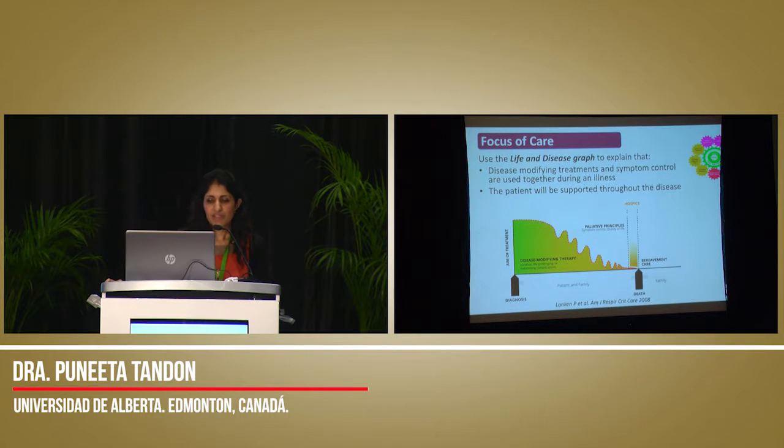We use this graph as well. It's called the life and disease graph, and you can see on the y-axis is the aim of treatment. And it's really a reflection of what's happening in the literature with palliative care and non-cancer care, that we recognize that in concert with providing disease-modifying therapies, so doing things like variceal ligation, screening them for hepatocellular carcinoma, we also need to, at the same time, provide care using palliative principles.